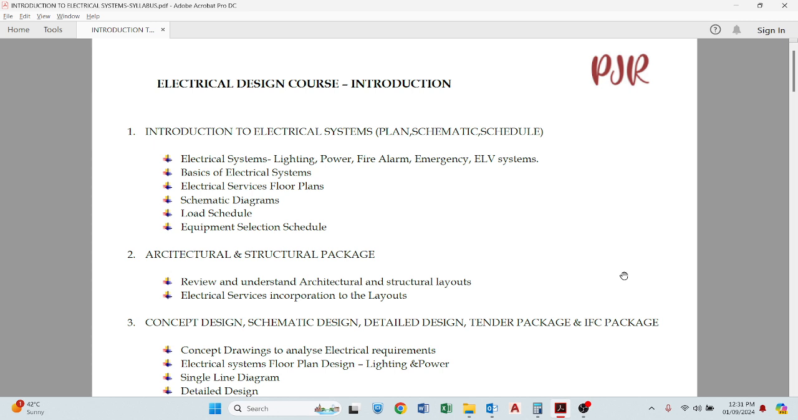We have around 30 classes in the complete modules, and it's a detailed design concept we are teaching, like equations, formulas, and all the concepts, design criteria, calculations. All the things are included in the package. And I will just explain what modules we will cover